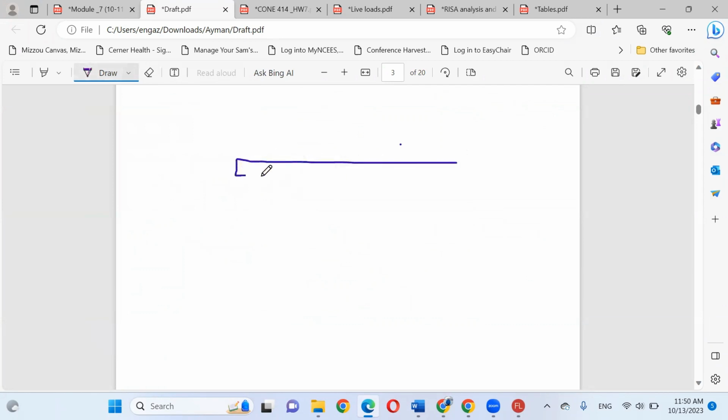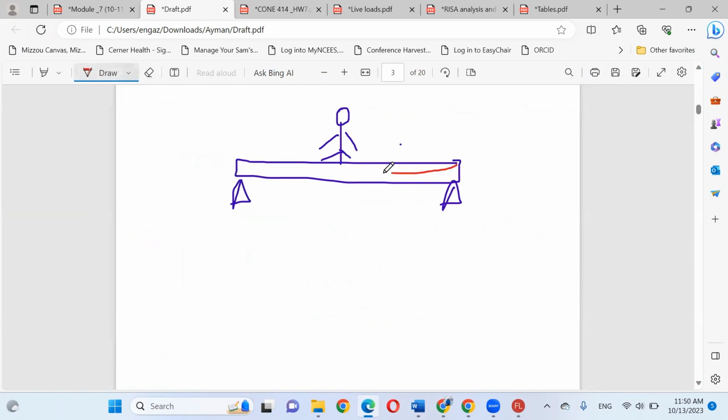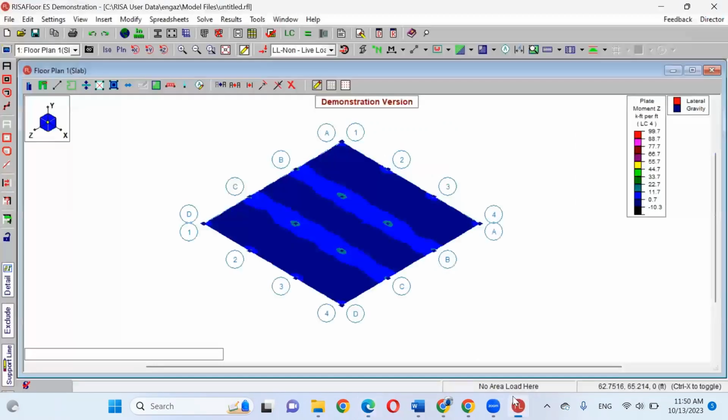If you have any beam or any slab between 2 supports, if you stand on this slab, this element will deflect. You should expect deformation. So the slab will move down a little bit. You can figure this out from RISA.